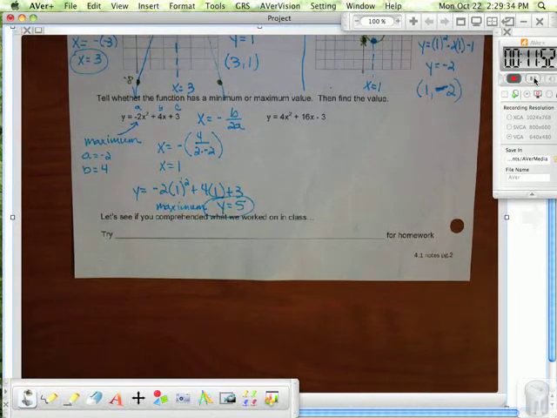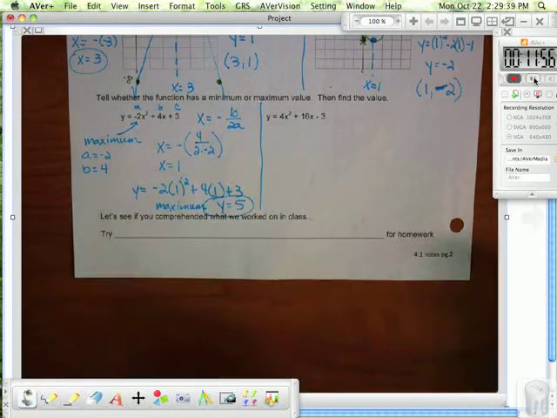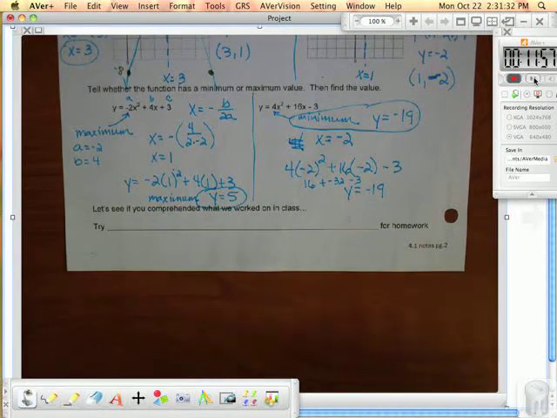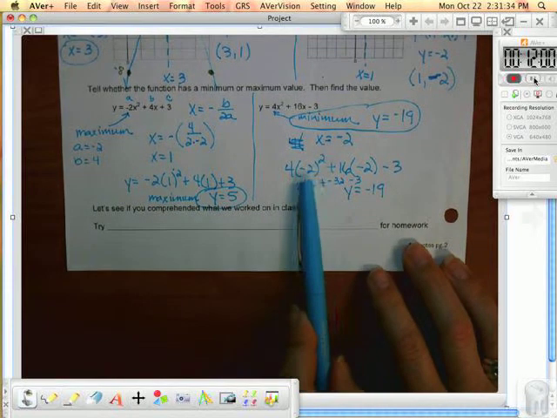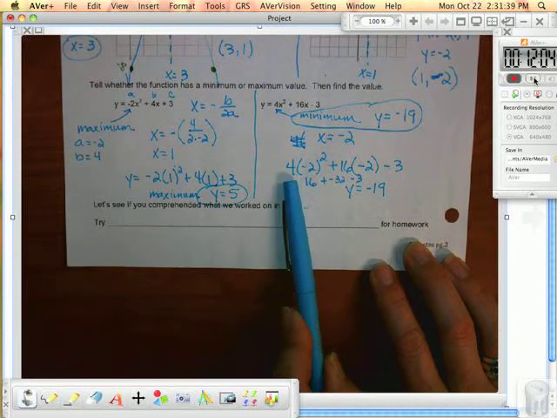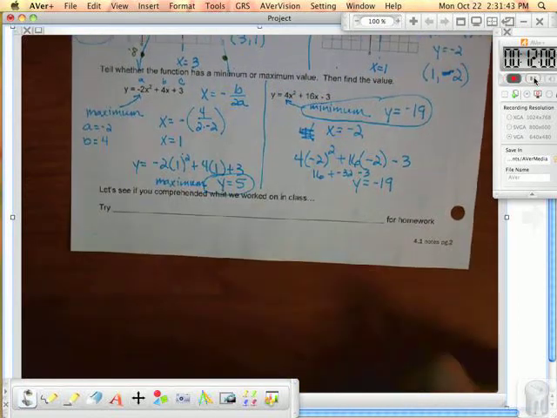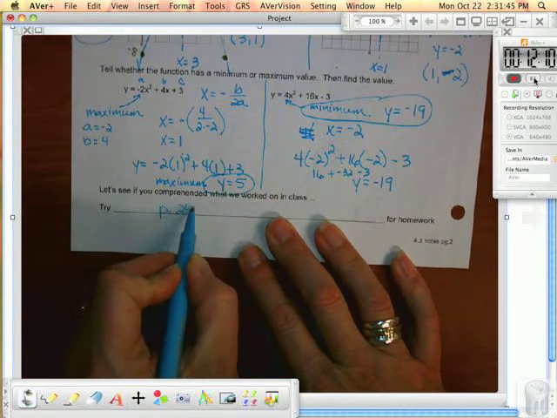So guess what? You get to try this one on your own right now. Here, no, you have to square first. You have to follow order of operations, which is do exponents first and then multiply. So -2 times -2. You got to be careful on your calculator. Okay, so ladies and gentlemen, I am going to